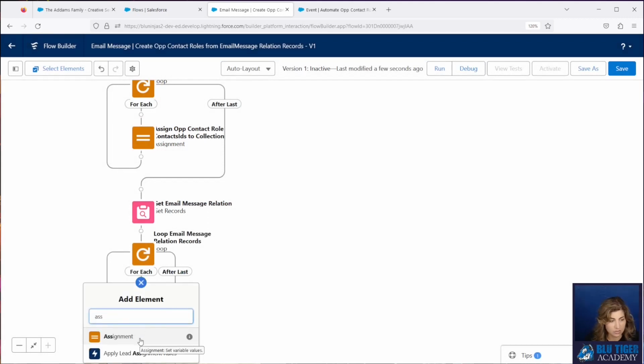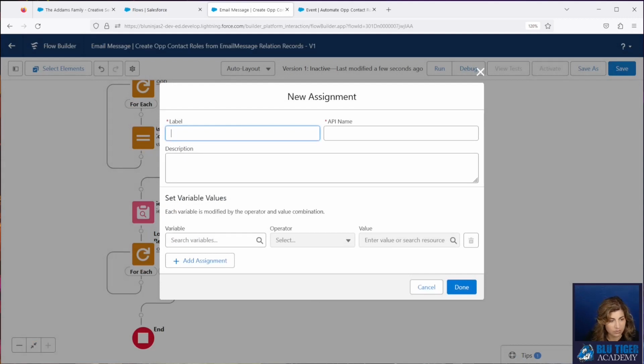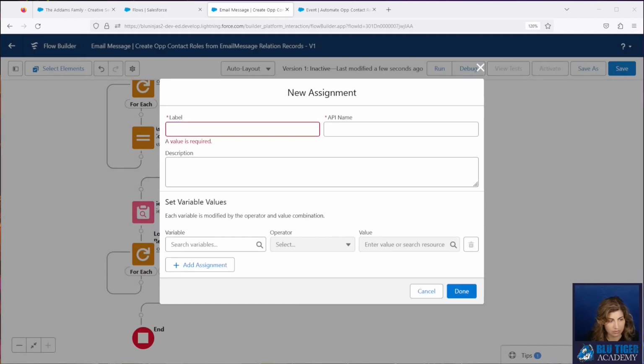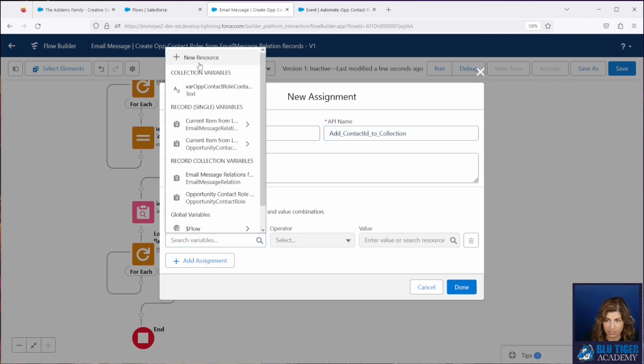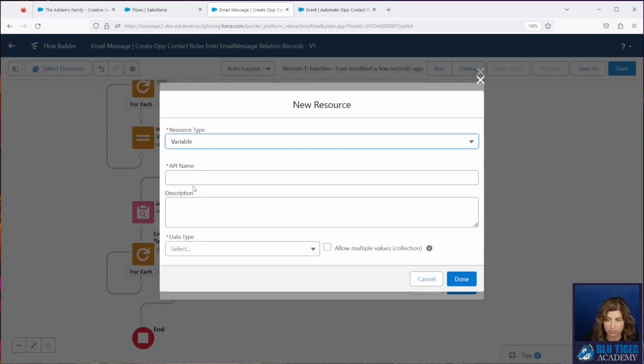And we're going to add these values to a collection variable, add the contact IDs. We're going to create a new text collection variable.